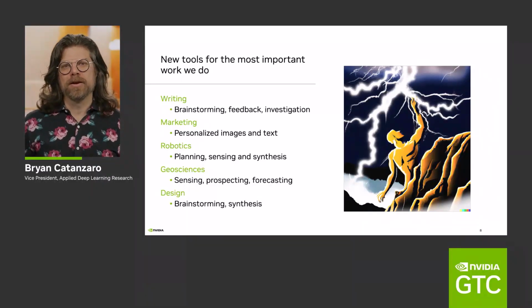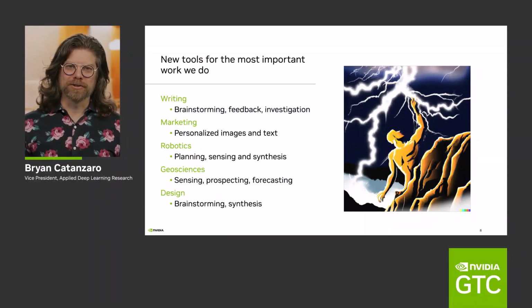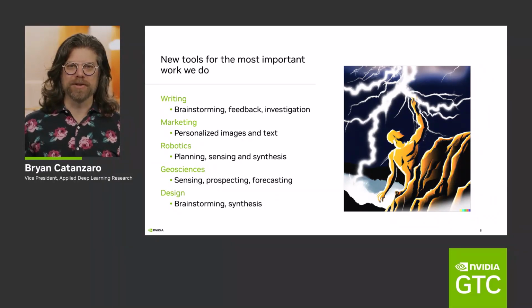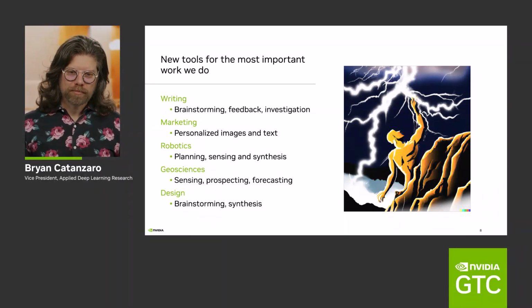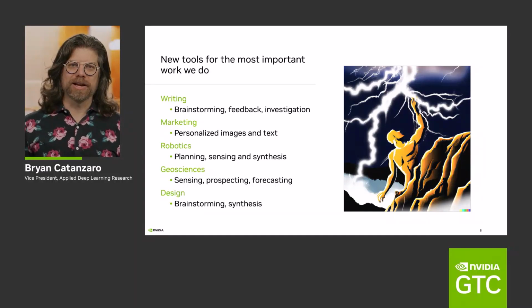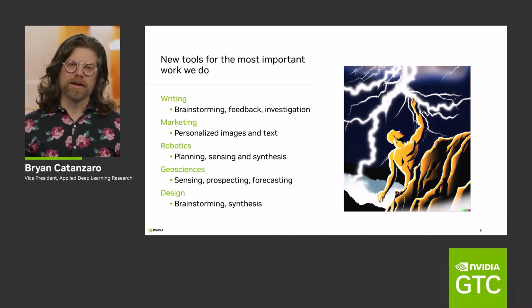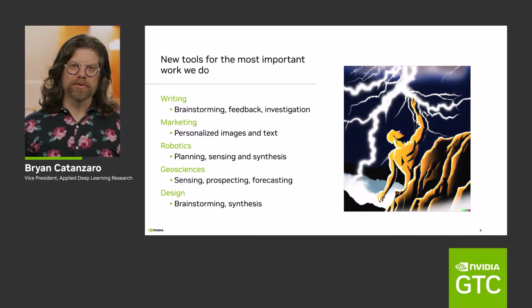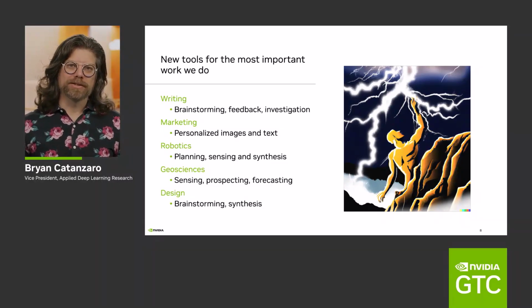and text. Robotics. Robotics has been a dream of the artificial intelligence industry for a long time, and these models are going to help make robotics more useful, help with planning, help with sensing, and geosciences. We have an increased need to understand the Earth and things happening on the Earth, our weather and climate, understand what's on the Earth, the biosphere, the geosphere. These tools are helping with that,